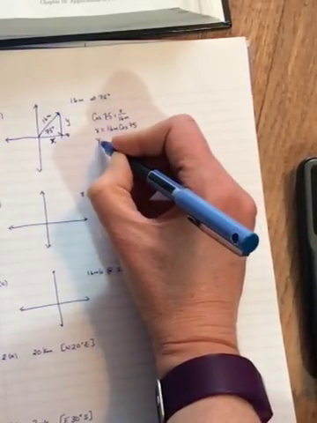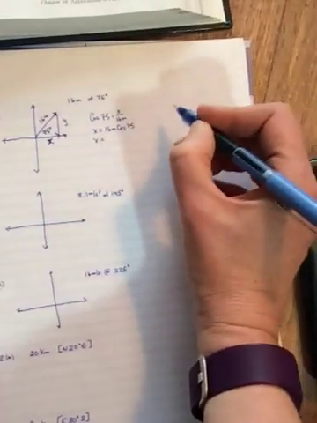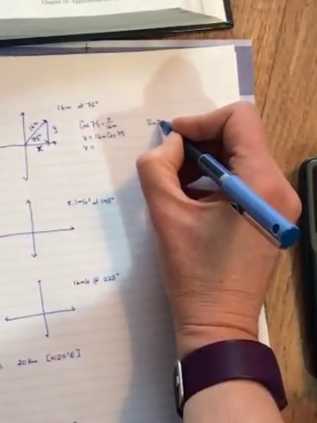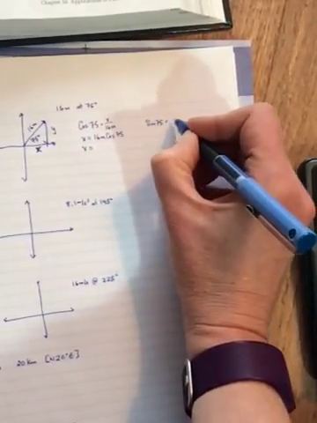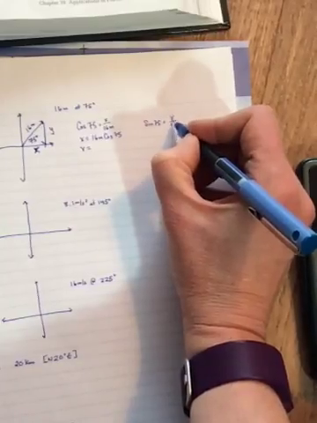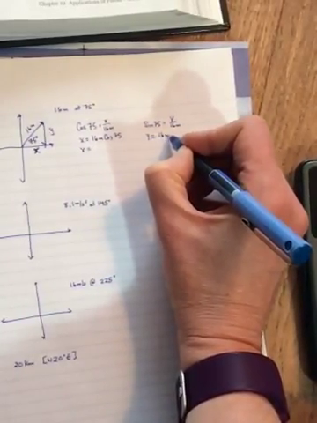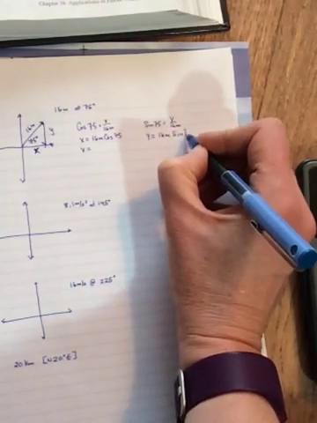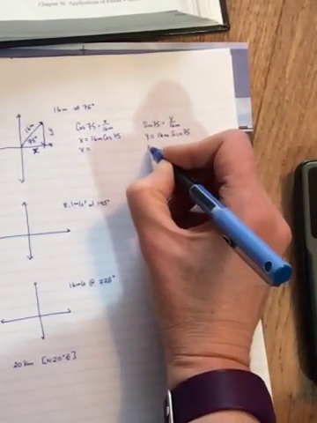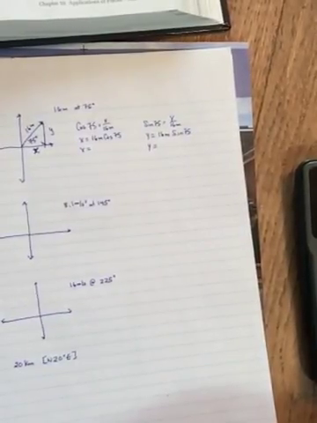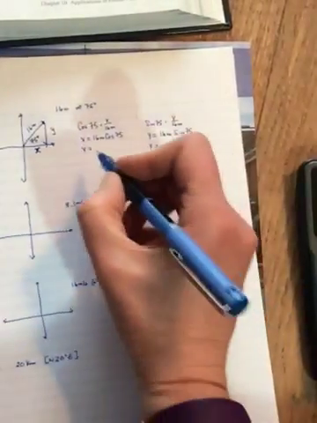And then punch the numbers in. Y is the opposite side, which would be sine. So sine of 75 is equal to y over 16 meters. So y is equal to 16 meters sine of 75. And then again, you're going to punch your numbers in. So 16 times 75 cos. For x, you should get